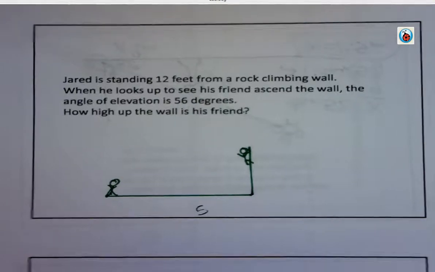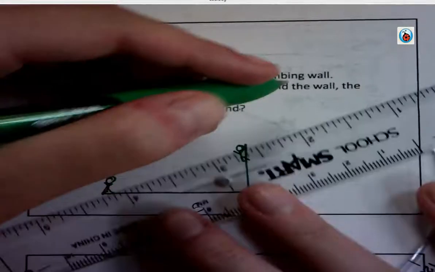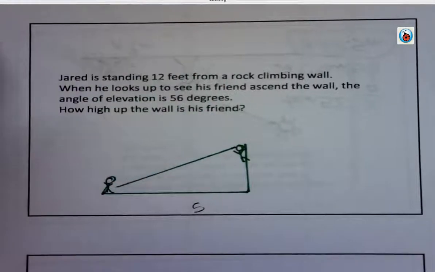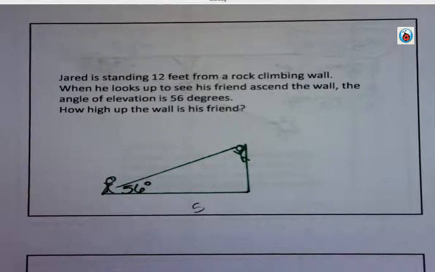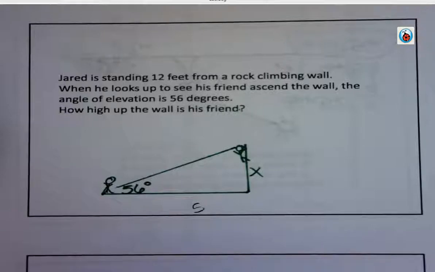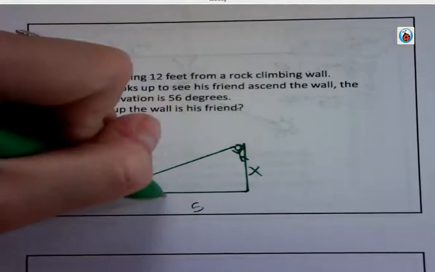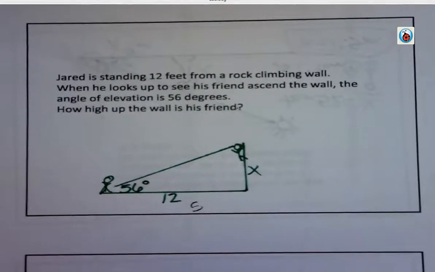Okay. So we've got to use that angle of elevation to figure out how high up the wall his friend is. So we've got 56 degrees, and how high up the wall is his friend. And then just make sure you're reading the whole problem. We see that he's 12 feet away from the rock climbing wall. That's important. You have to have that 12 to be able to figure out